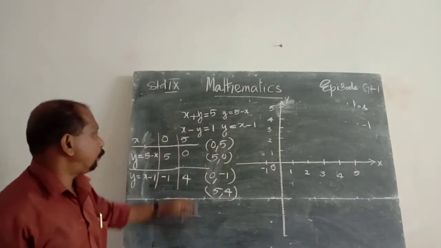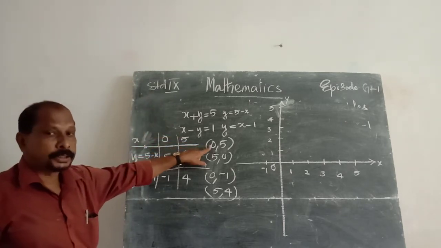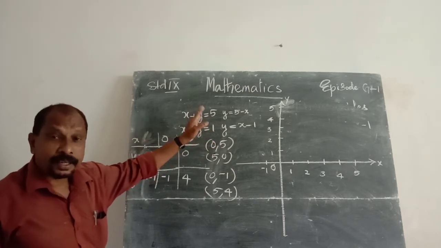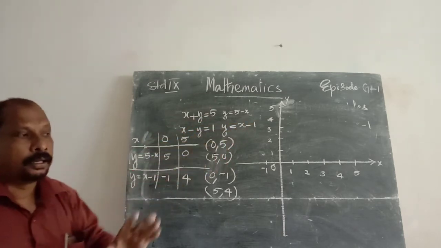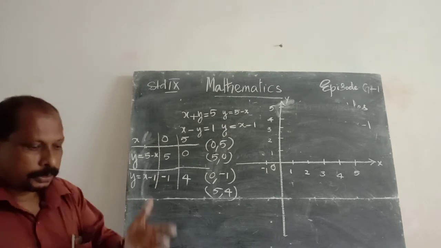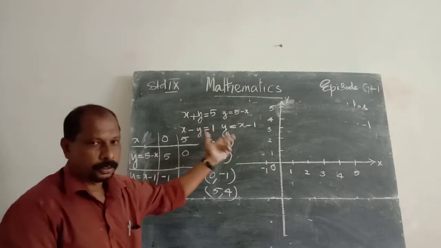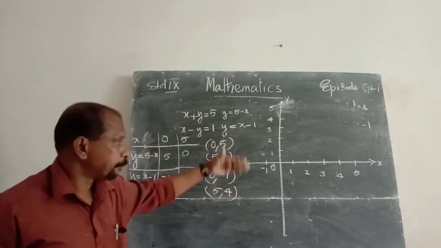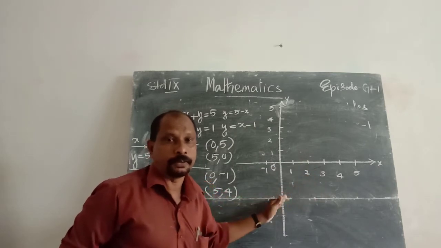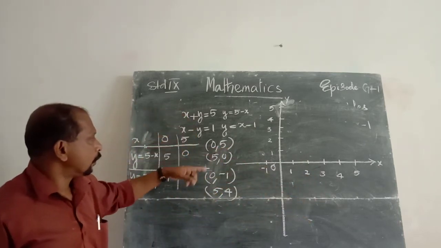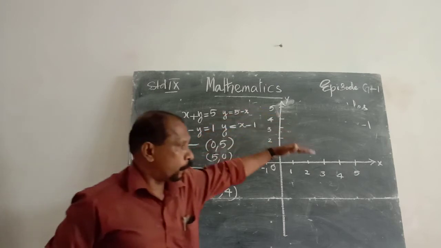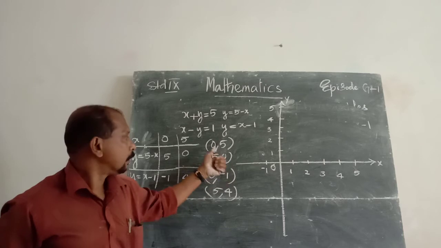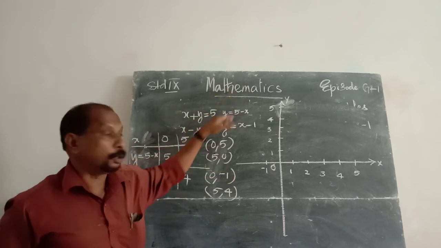negative. Then for the first line, x is 0 and y is 5. X coordinate 0 means it is on the y axis. In the first quadrant, x, y coordinates are positive. In the second, x negative, y positive. Third, both are negative. And in the fourth, x positive and y negative. Therefore, 5, 0 on x-axis, 0, 5 on y-axis because x is 0.